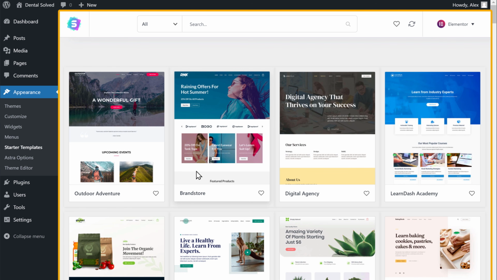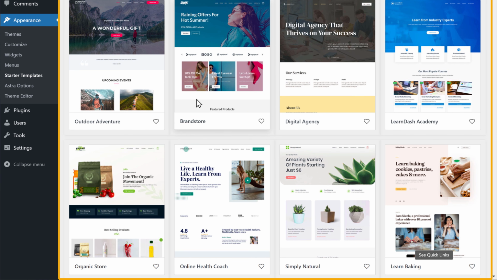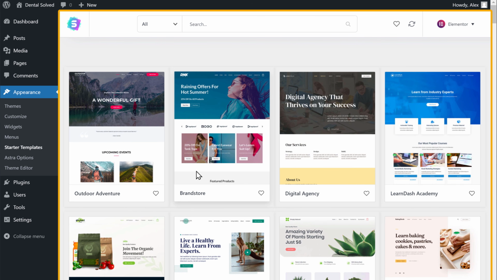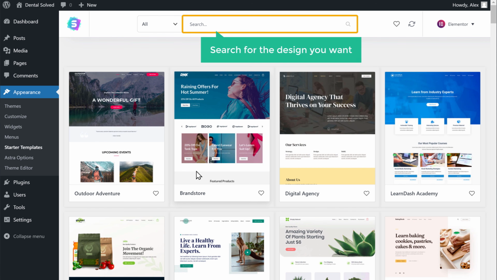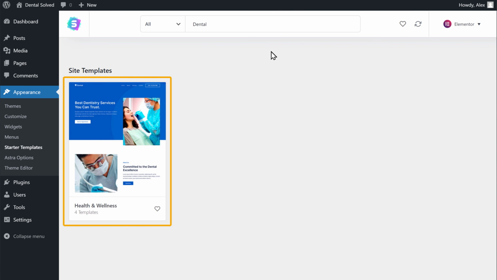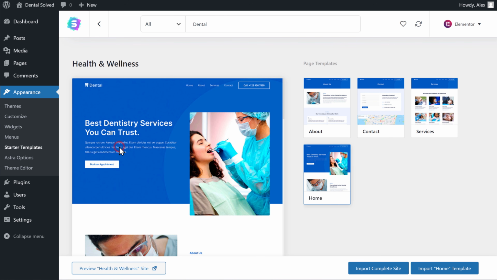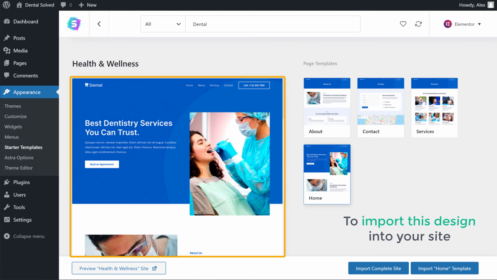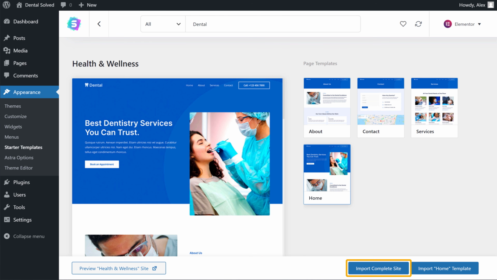And now it will take you to this page where you can see different designs which you can apply to your site. You can select any design from here, or you can go here and search for the design you want. Now as I want to build a site for dental service, I'm going to search for dental and you will get this design. So just click on it. And here you can see a preview of your site. Now to import this design into your site, just click Import Complete Site